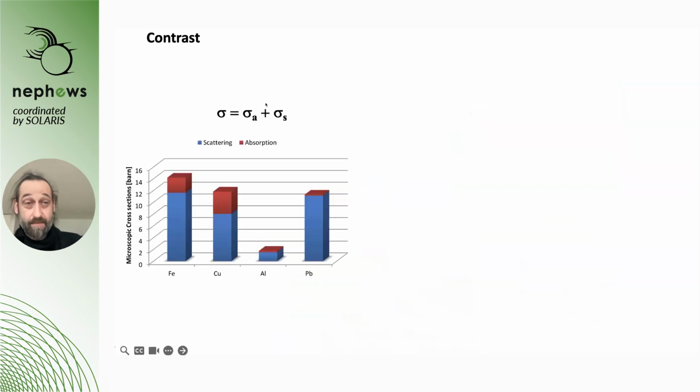So, when we're talking about contrast, we said in the beginning already, the contrast is not only absorption of neutrons, but it's also scattering. And here we see with some materials that we often look at, like iron and steel or copper, the absorption often plays a smaller role than the scattering. And so the question arises, can we also get sensitive to scattering and learn something from that, and not only from the integral